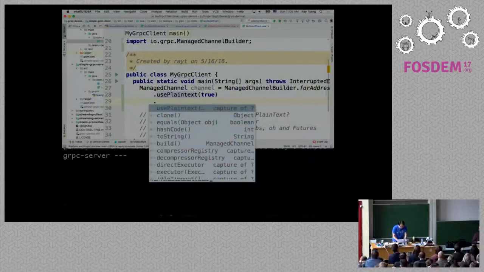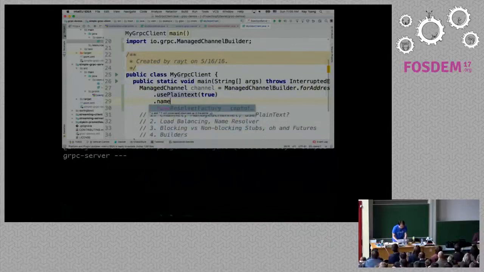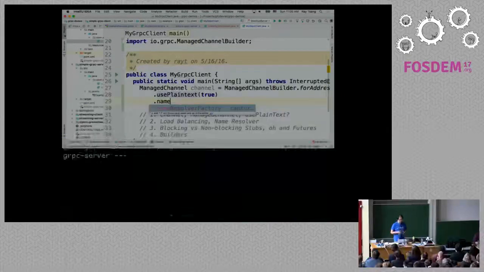Now an interesting part here is that I can do a name resolver, yeah? So this is just point-to-point, right? The client to the server, that's well known. If you do need to load balance across multiple services or multiple gRPC endpoints, well, you have two facilities that can help you.